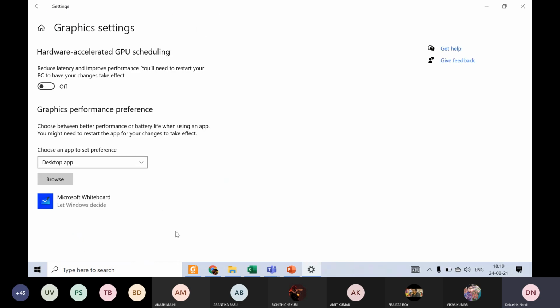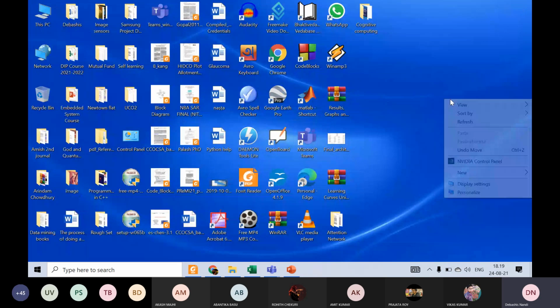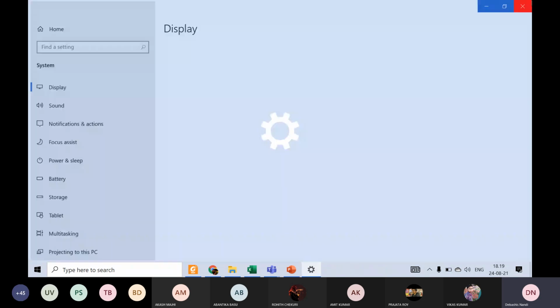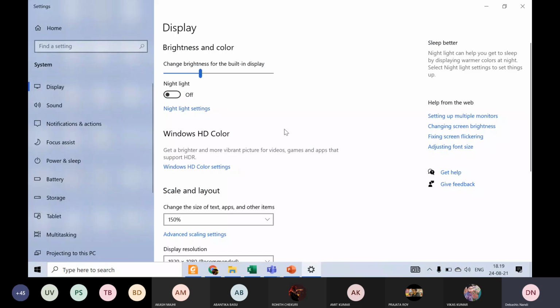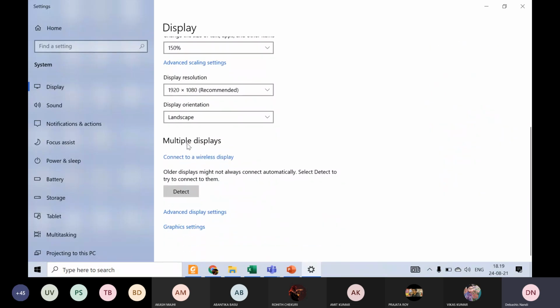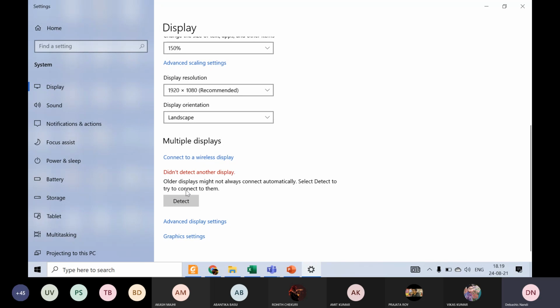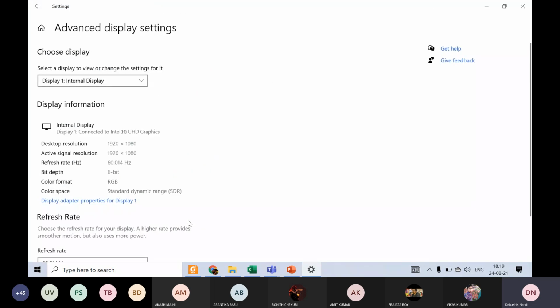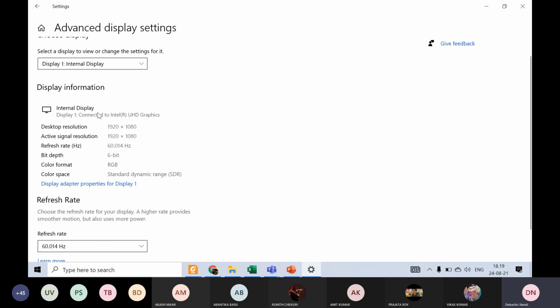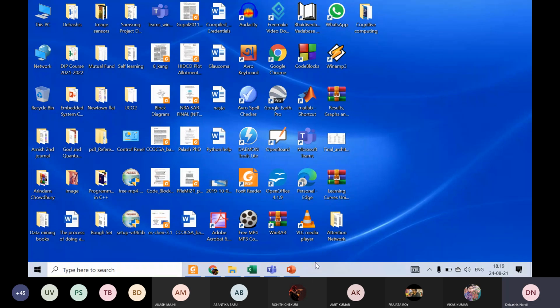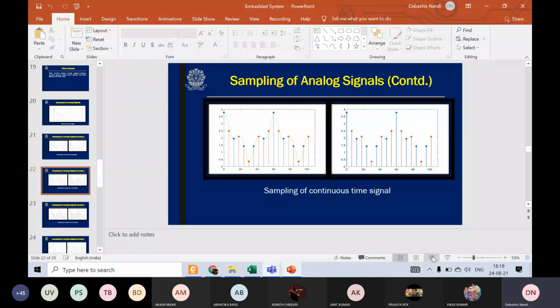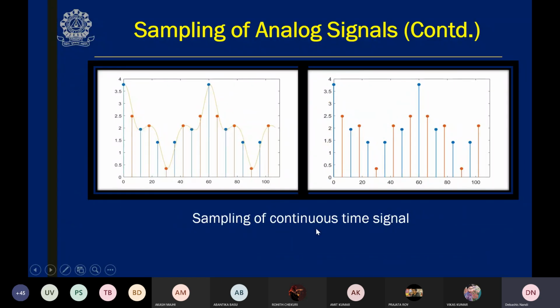Graphic setting. No. So multiplex advanced display setting, here also we are not seeing this. Anyway, so this is not working. I have to upgrade the software. So at this moment, it is not possible. So, but just let us try to understand from here